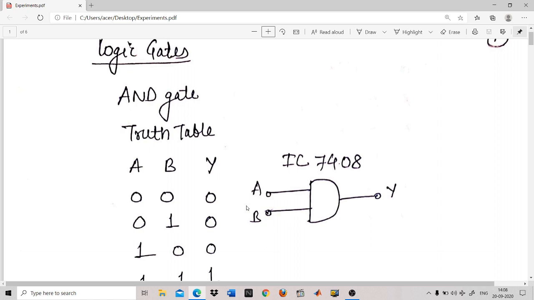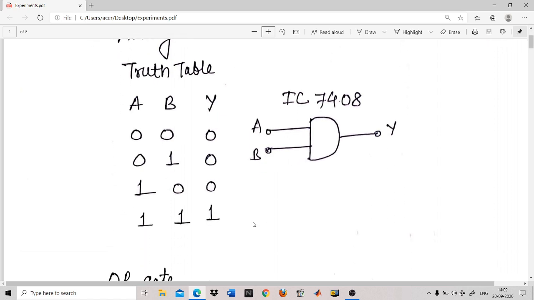Now before starting with the AND gate, we will have to understand the truth table. Now what does the truth table indicate? It indicates the trueness of your circuit. So the AND gate will have two inputs and only one output. When we're talking about two inputs, it means that there will be four combinations of the input. There is a universal formula for any logic circuit, and that is 2 to the power n. Suppose you have two variables, then there will be four combinations of those input variables.